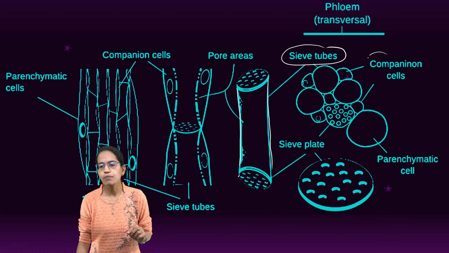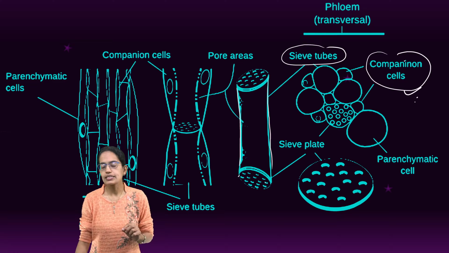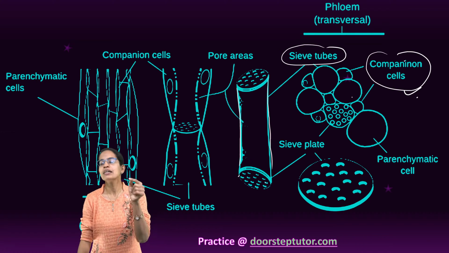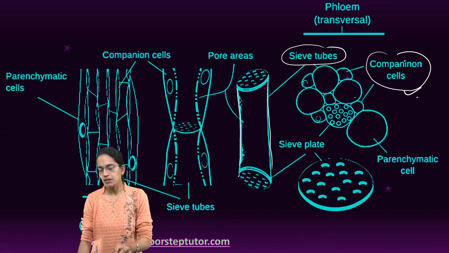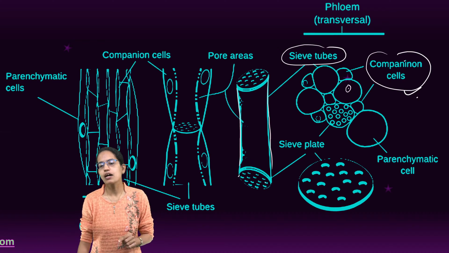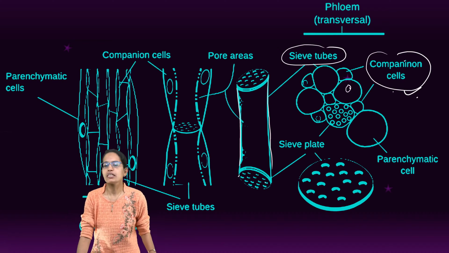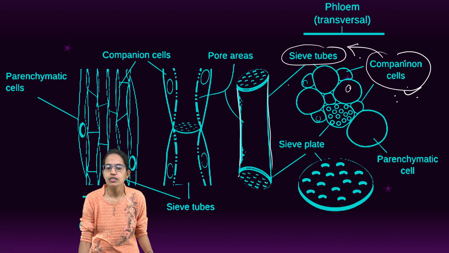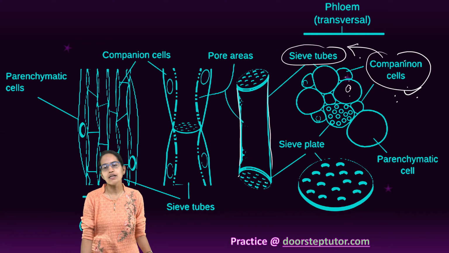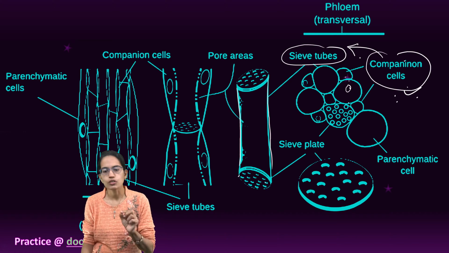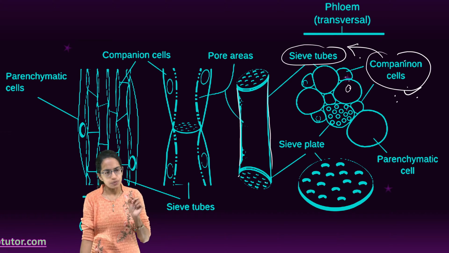Now, then comes the companion cells. Companion cells again have very thin walls, as you can see in the diagram, but from the shape we can understand they are parenchymatous. That means they help in storage. The cytoplasm here is very, very dense, and there is a prominent nucleus that can be seen in the case of companion cells. Now, companion cells are associated with sieve tubes and they help in the conduction by means of plasmodesmata. So the process of conduction of the food through companion cells becomes important.